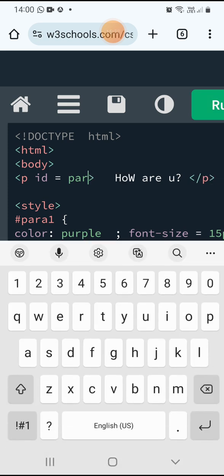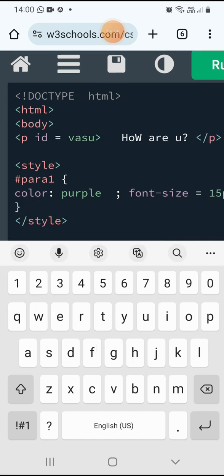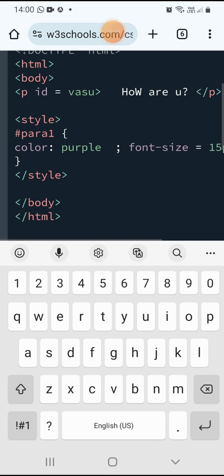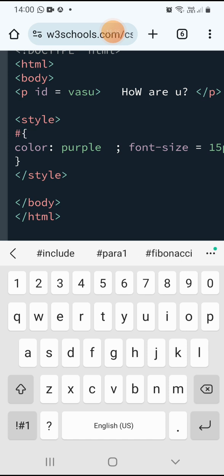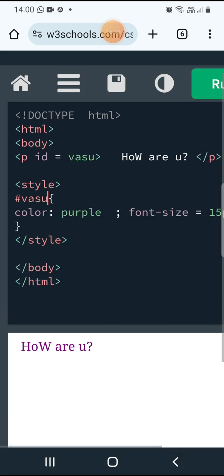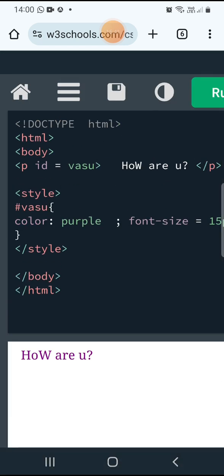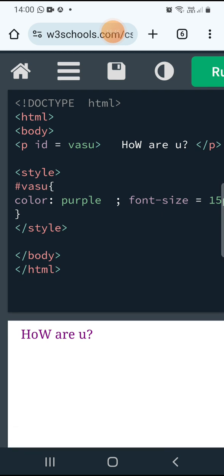Suppose I have written here Vasu, this is the value I have written for this id. So inside the selector it is to be written as Vasu. Why? Because the ID inside of the paragraph element is assigned with value Vasu. So that selector name is to be written as Vasu. Okay, that is called ID. Understood that? Purple,